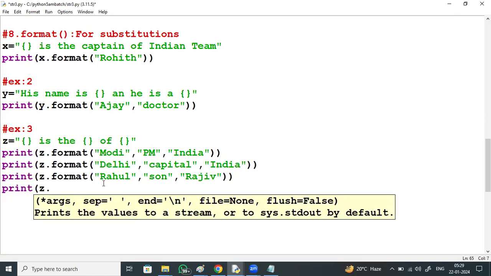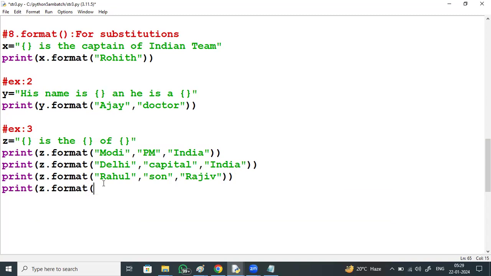Multiple substitutions, Z dot format. Any others, like Rohit, captain, India. Even multiple words you can substitute like this.